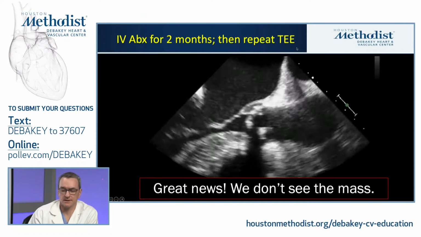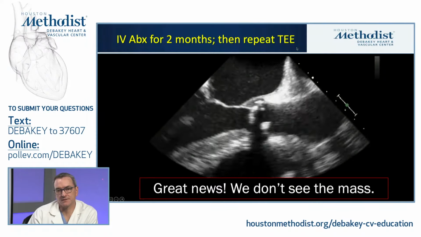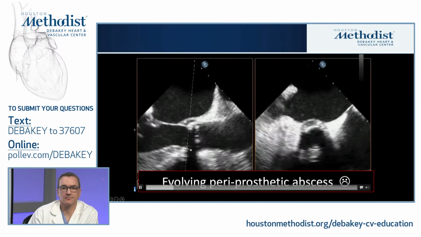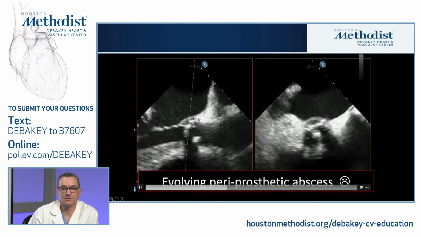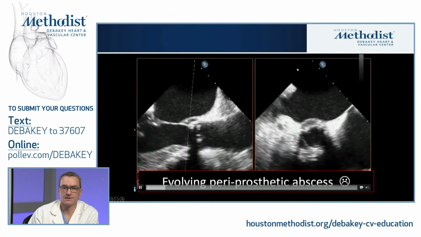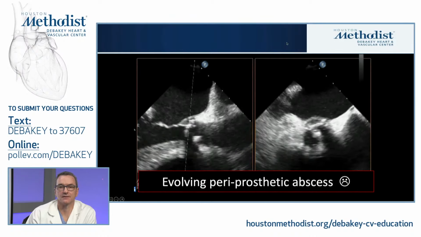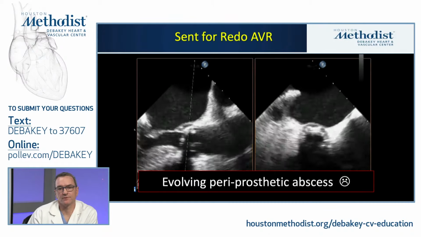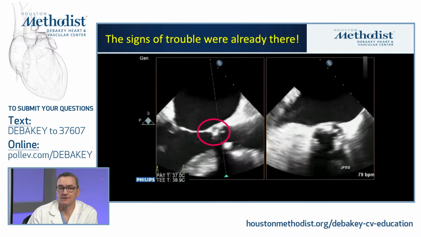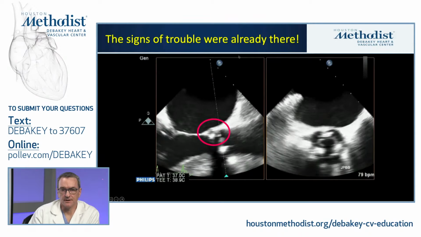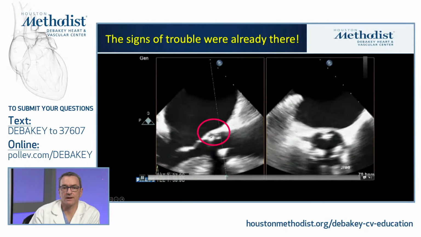Well, if you look closely again for the potential complication of a bioprosthetic valve infection, you see that there is a periprosthetic abscess evolving, shown here, sort of the very specific area of sort of lucency on echo. You see it in 2 orthogonal views. So that's a periaortic abscess. That is not going to clear with any form of IV antibiotic. Patient was sent for a redo surgery. But if you look back at the initial echo 2 months prior, you can see that it was really there already.